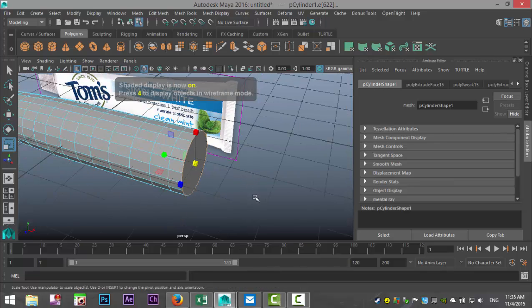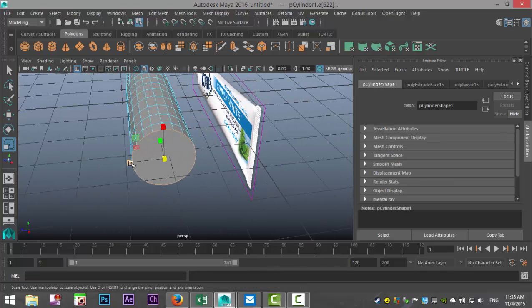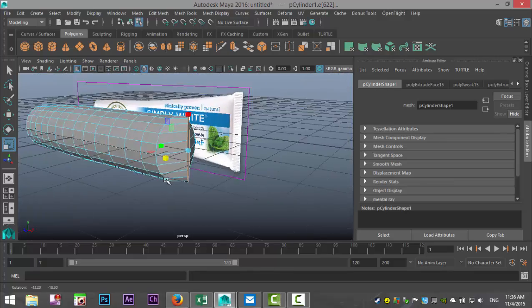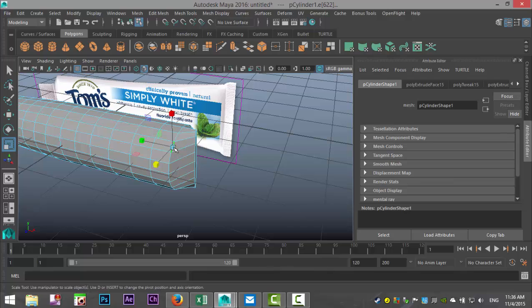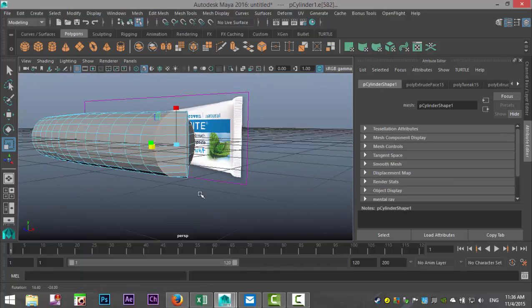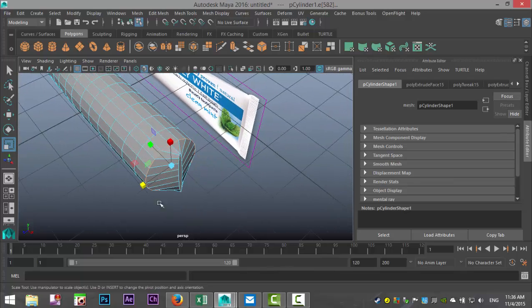We're gonna hit R, and we're gonna start to push that in just at the end. Okay. Now hopefully these guys, yes, they respond a little bit better. That's good. So we're gonna push that in as well, and go to the next one.